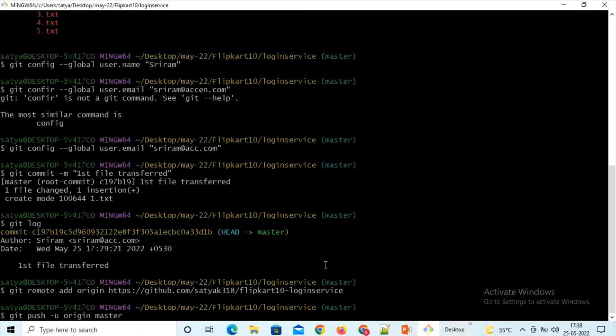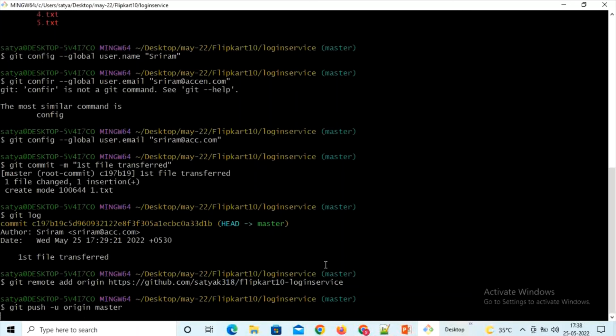If you are a first time user, you will face this type of problem. Once you have connected, from next time onwards it won't ask you. So a first time user means it will ask you. I am already connected to that GitHub, so I am entering master. It won't ask such things. I am pressing enter. See,